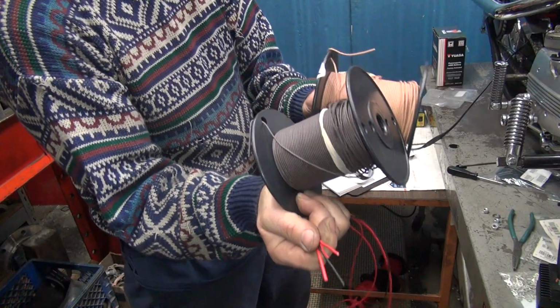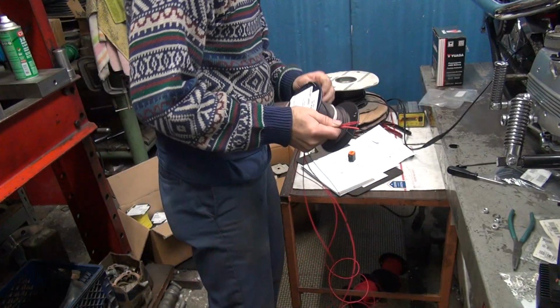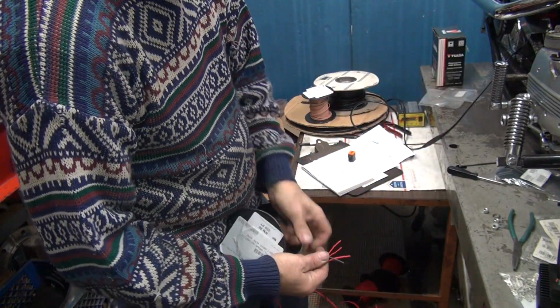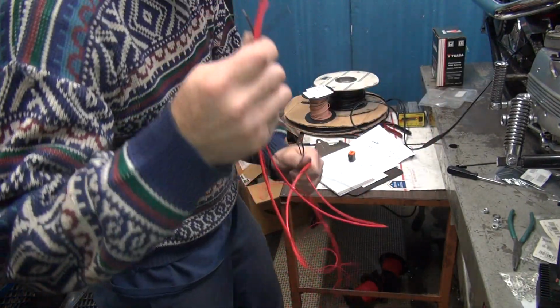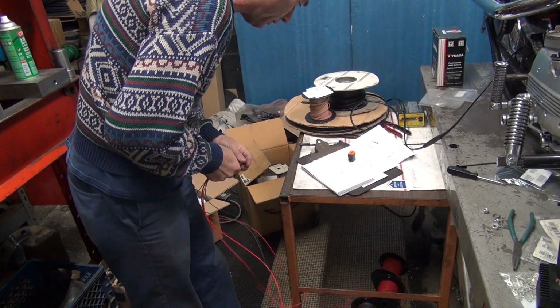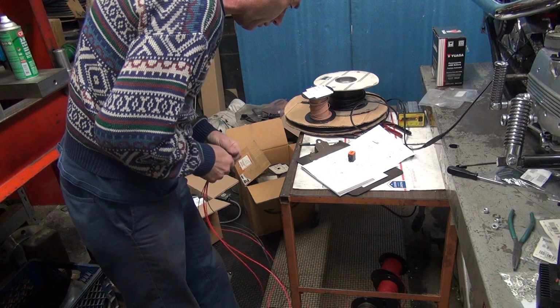So I got a brown or a tan. I'm going to go with brown because it's darker, you don't see it as much. There's that one. Okay, then we got,